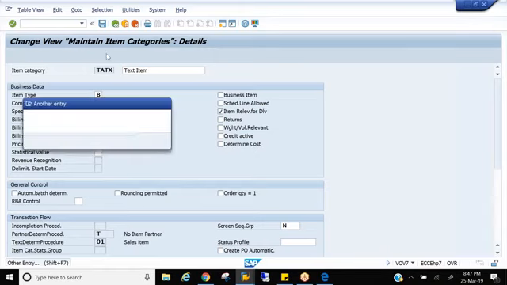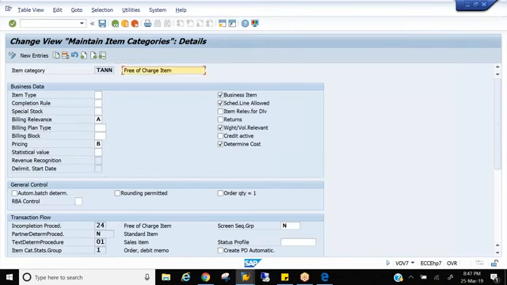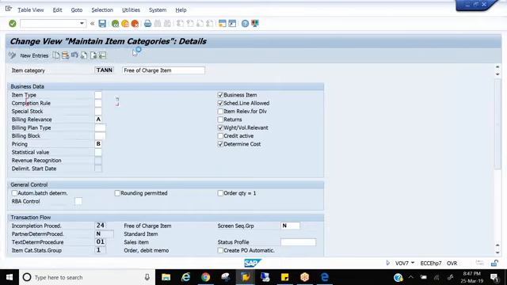Free goods, TANN, you should not charge for this. How does the system know that the same material which you sell, you now give for free? How does it know? It's a free of charge item, 100% discount. 100% discount, free of charge, right? So with this the system will not be charging for that X material whichever you're giving to the customer, right?